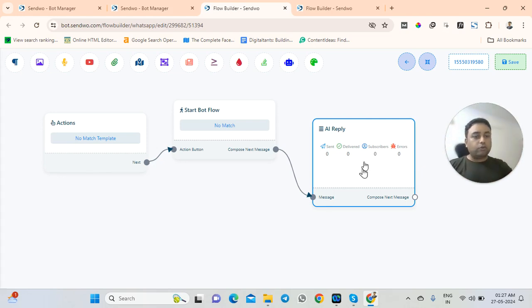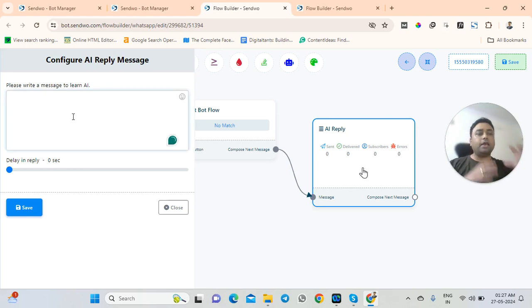What you have to do is double click on this and write as much information about your business as you know. You can instruct this AI that if this is the case, if that is the product, if these are the pricing, tell that these are the pricing. Do not try to tell them the discounts until and unless somebody asks for it. If you tell the AI, don't tell this until this is asked, don't tell that,